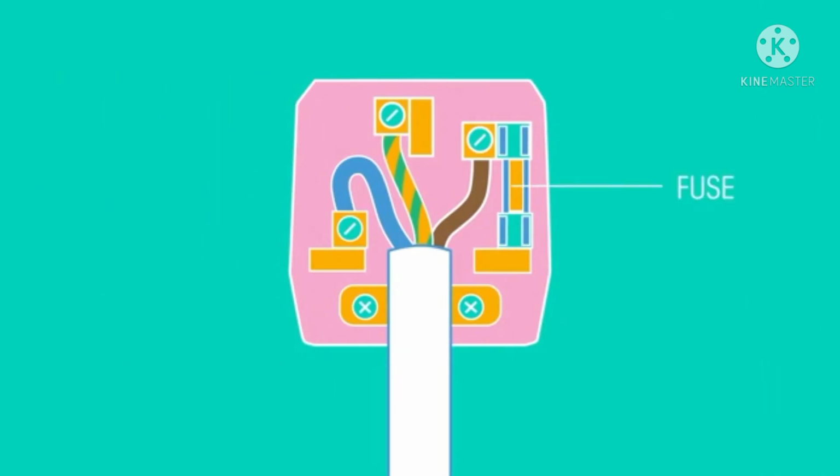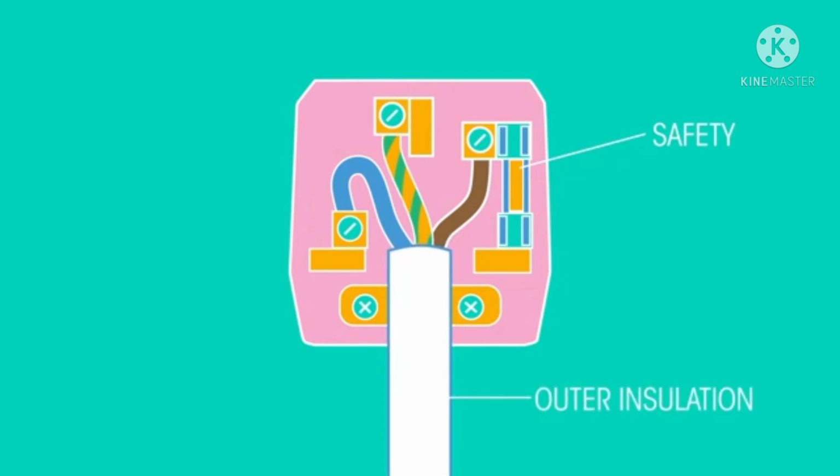Now let's study about the fuse. The fuse is a very thin wire between the live terminal and live pin. It has a very low melting point. If too large a current flows through the fuse, the wire heats up and melts, thus breaking the circuit, which is why you hear the phrase, the fuse has blown. If there is a gap in the circuit, the electricity cannot flow and the devices will not work, but the user is safe. The main role of the fuse is to prevent fire starting due to too large a current.